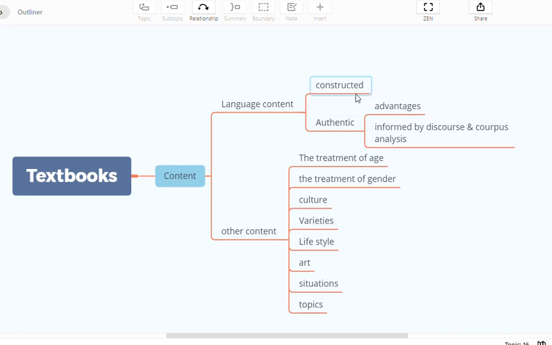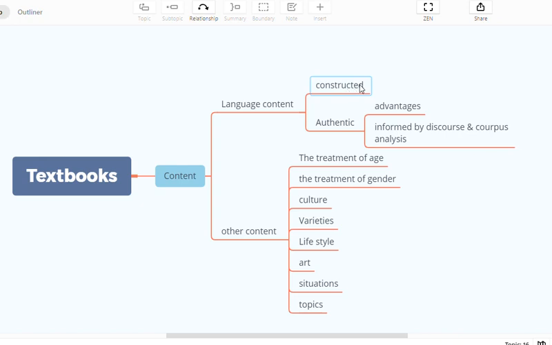But in constructed material, there is a mismatch between what is taught and learned and what is used or what should be used. Here, the language features are usually distorted. They are artificial. They are not actually identical to or similar to life situation features or language. That's why learners may learn 100%, but when it comes to use, they do not use them